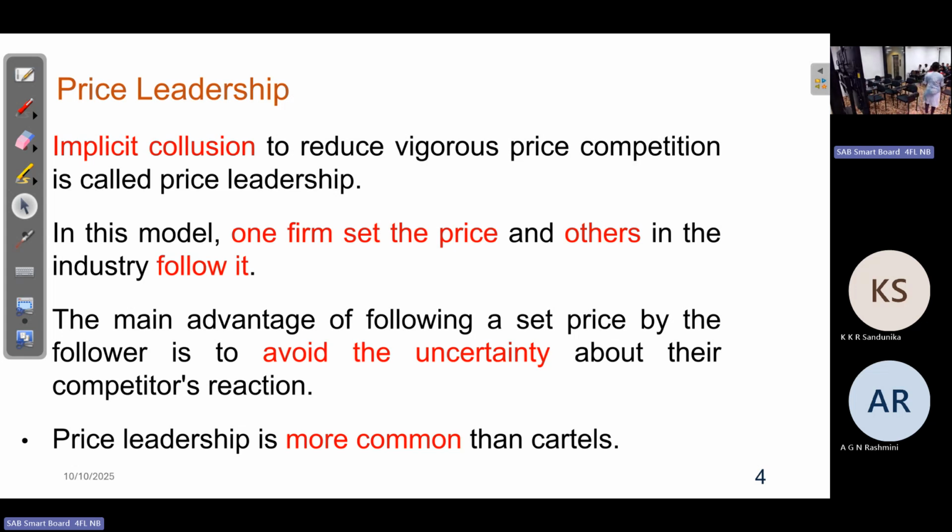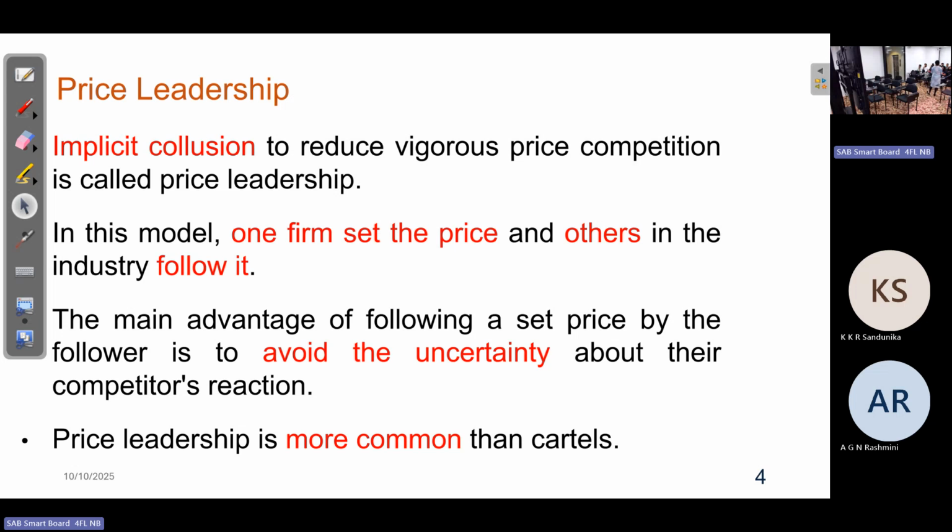Why are they doing that? If there is no such agreement to limit the competition, let's suppose all of them are competing with each other, as in the kinked demand curve model. If one firm reduces the price, the others also reduce the price. Likewise, there is price competition. If one firm increases the price, all others do not increase the price, so the firm that increased the price faces losses. So there is competition in that model.